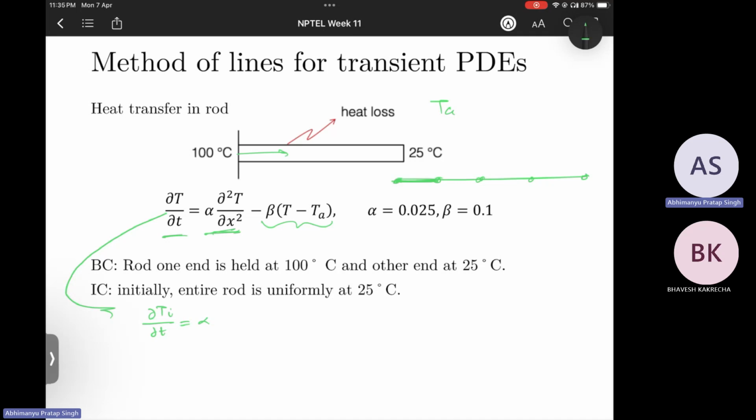The most used one is the central difference, because it's simpler and the error tolerances are also higher for central difference schemes as compared to forward and backward differences. So we get something like